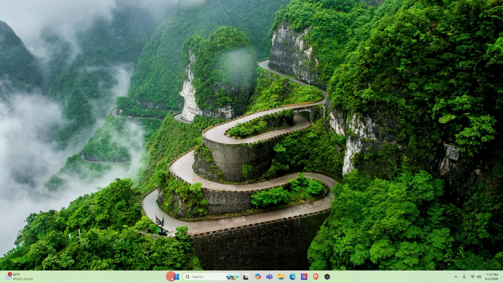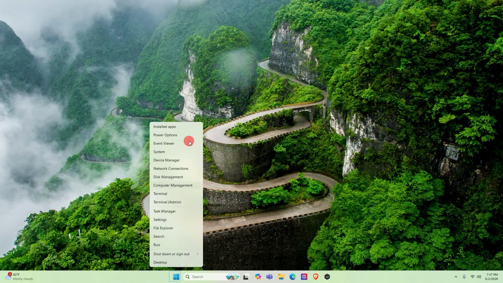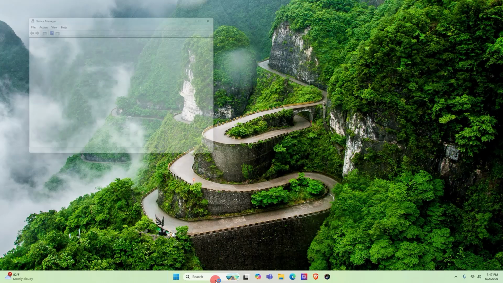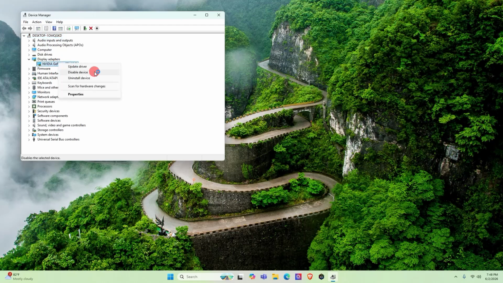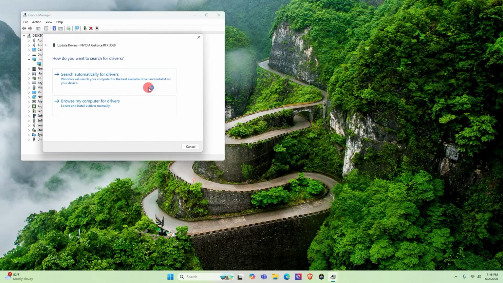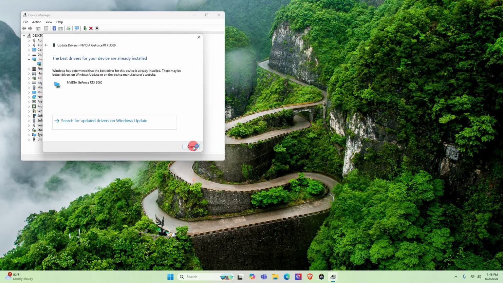So if you go to your start button here, right click and then go to Device Manager. You could also just go to the search bar and search Device Manager. We want to go to your display adapter. I happen to have an RTX 3060. You want to select it, right click, and then hit update driver. If you're missing drivers, Windows will automatically find the drivers for you,